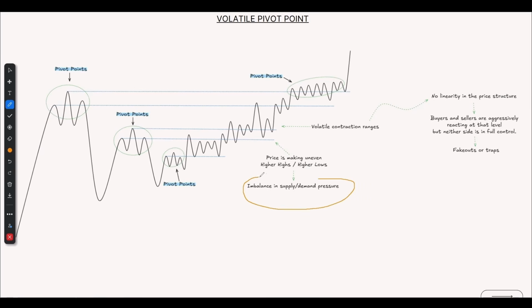When we see imbalance in supply and demand pressure, we would normally see volatile contraction ranges. That means there is no linearity in the price structure, which tells us that the buyers and sellers are aggressively reacting at that level, meaning this level, this level, this level. There is no significant pressure from either the supply side or the demand side, meaning that the price will react in a volatile way at each level, here, here and here,